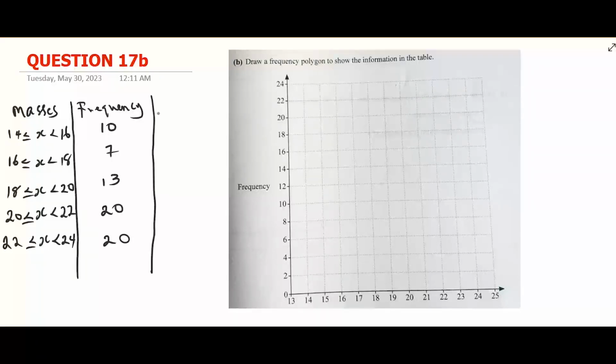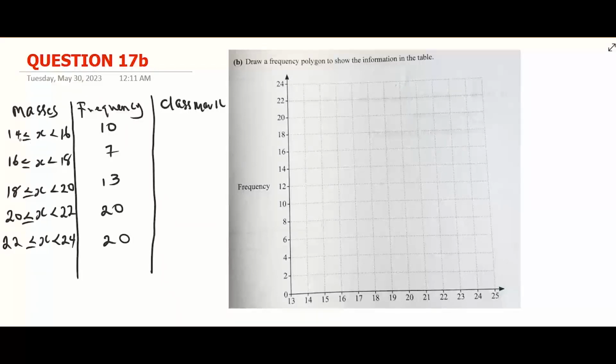So you can just find the midpoint now, and we now link all the points together. So you can draw it with the bar chart and without the bar chart. I want to draw the frequency polygon without the bar chart. So I need to find the class mark. The class mark is the middle number. So to get the class mark, you have to add these two numbers here, the lower and the upper limit,